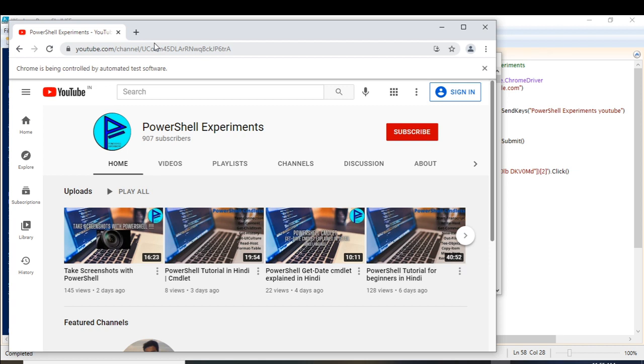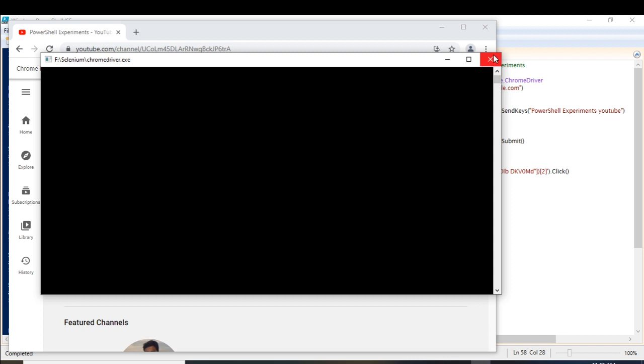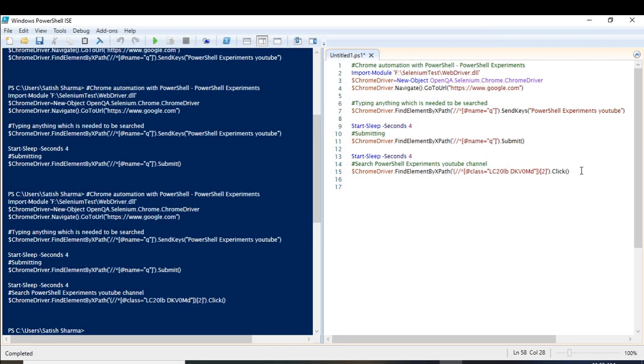And one last thing before leaving: what if you want to close this automatically? Right now I'm closing this manually, but what is the purpose of automation? These things should be closed by themselves. So I'll give you a method to close it.